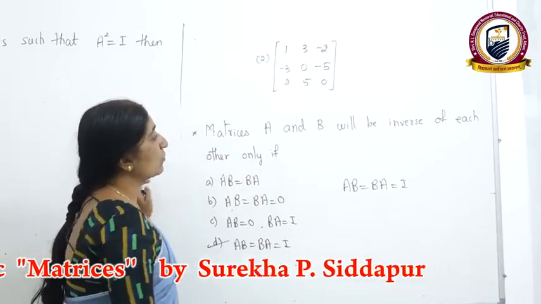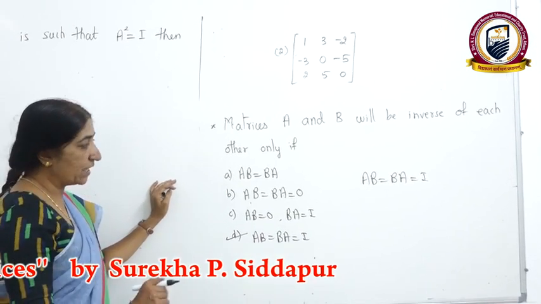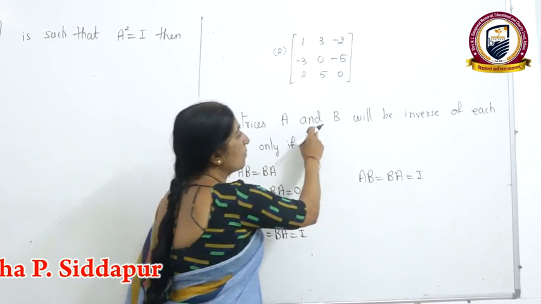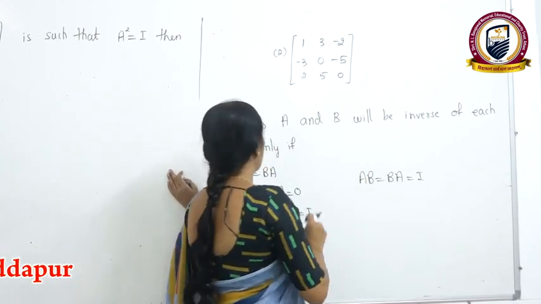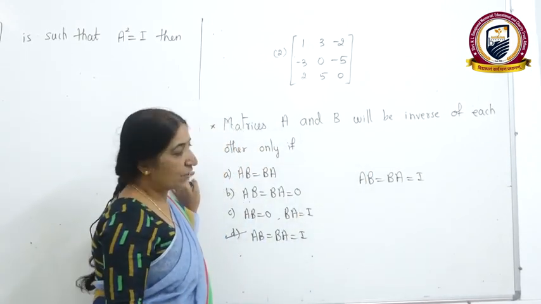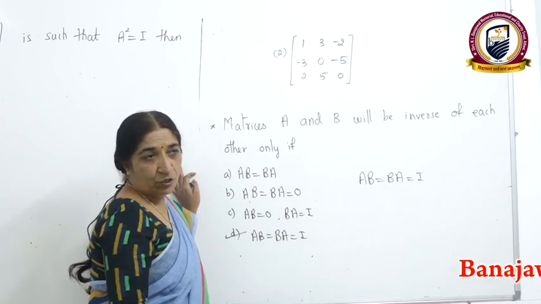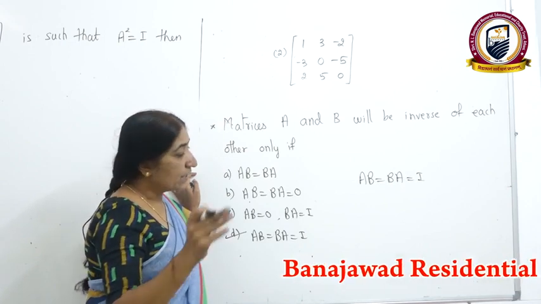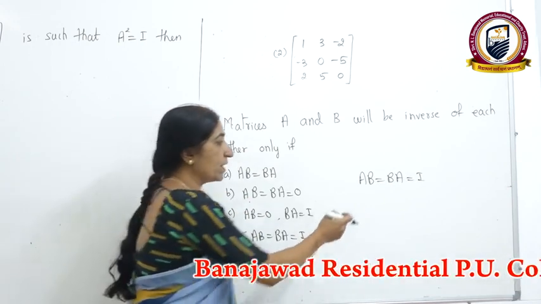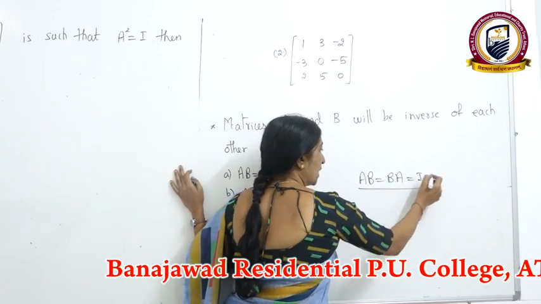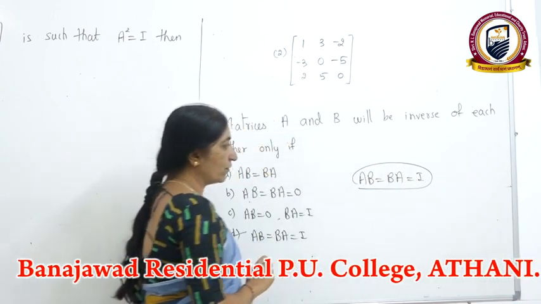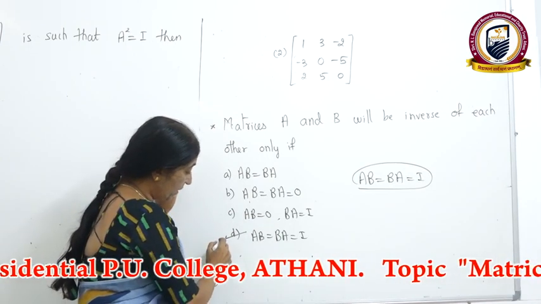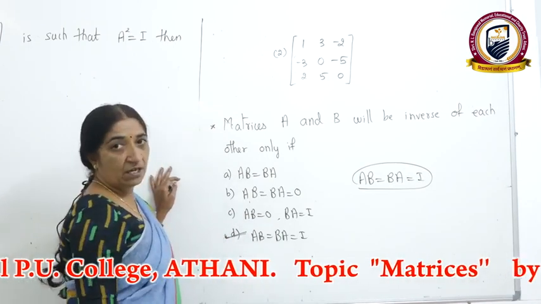After that I am moving to the multiple choice question in NCERT. See what is the multiple choice question? Read the question. Matrices A and B will be inverse of each other only if. It is nothing but the definition. I think you are familiar with the definition. What is the definition? AB is equal to BA is equal to I. Then A is the inverse of B or B is the inverse of A. So this is a condition if you are defining the inverse of the matrix. See that condition is present in which option? That condition is present in the fourth one. So fourth is the answer.